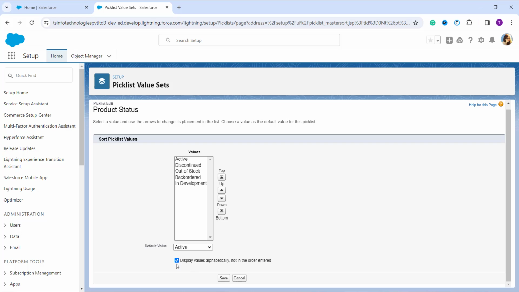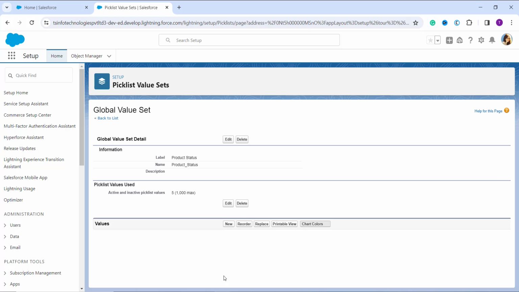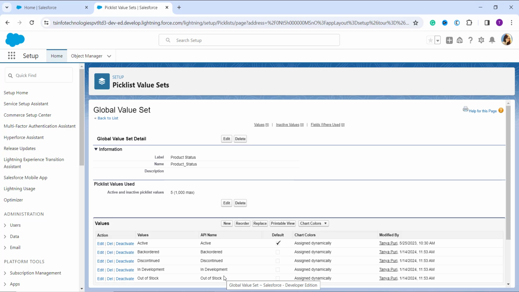So you need to click on this checkbox if you want to represent in alphabetical order, and simply click on the save button to complete the changes. Once you click on the save button, it moves you back to the page where you will get a specific